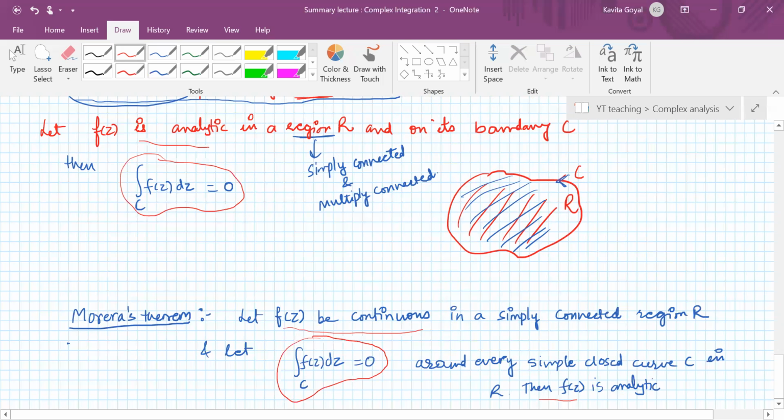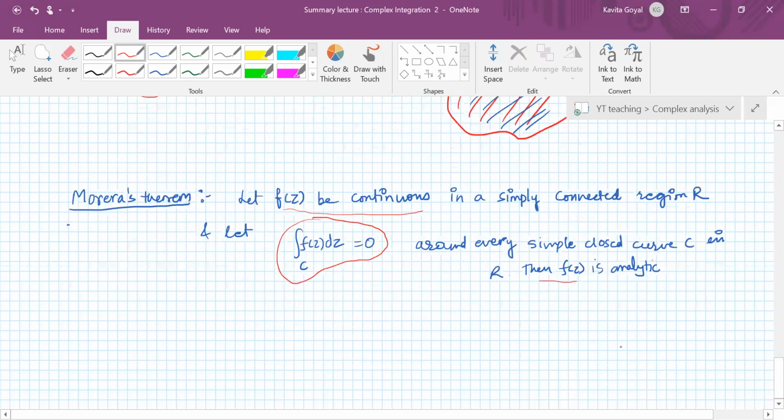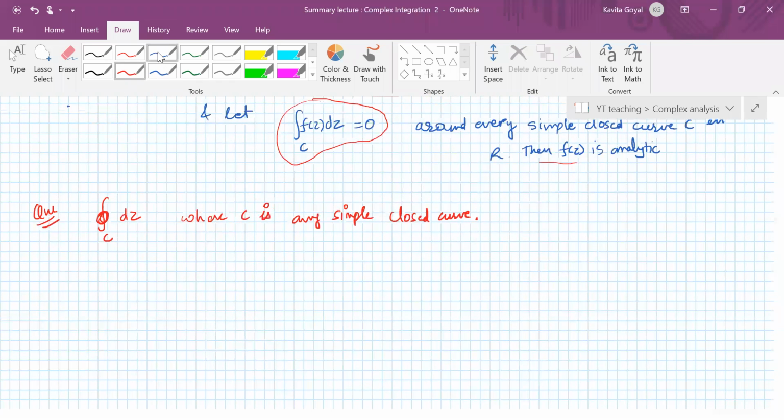So first of all, with Cauchy's theorem, I'll take 1-2 problems which are very simple, and then we will go for the consequences of Cauchy's theorem. So the first simple problem is: what is the integral of dz along C, where this notation means the curve is closed, and C is any simple closed curve. Minal, can you tell me what this will be? Just apply Cauchy's theorem.